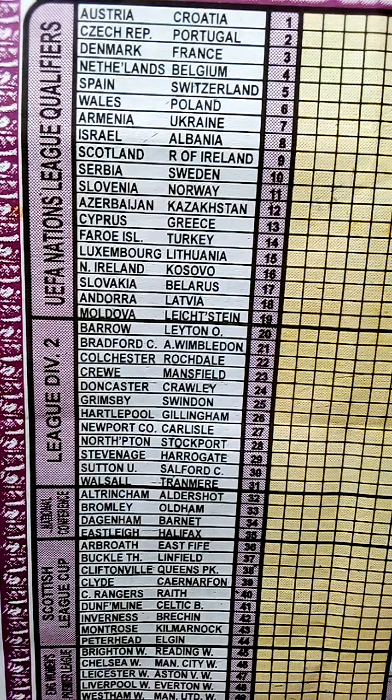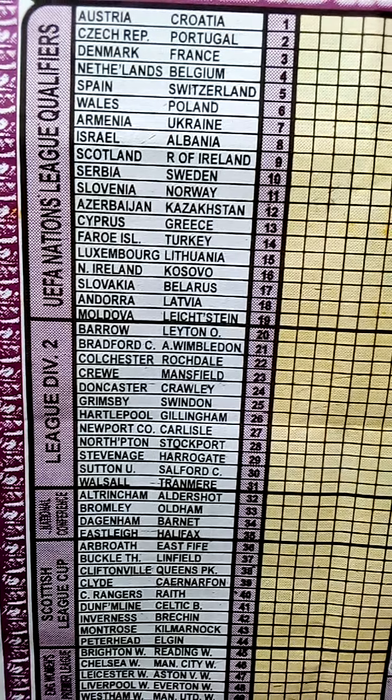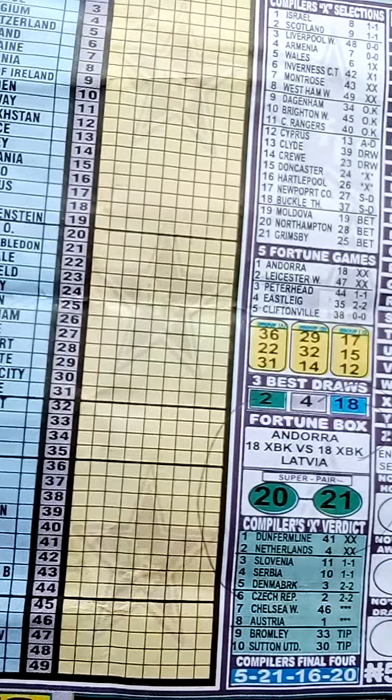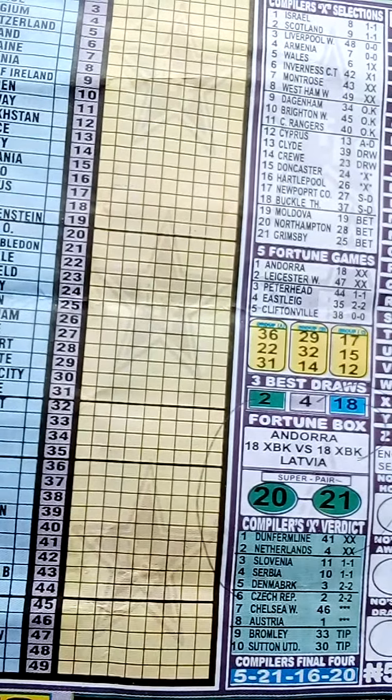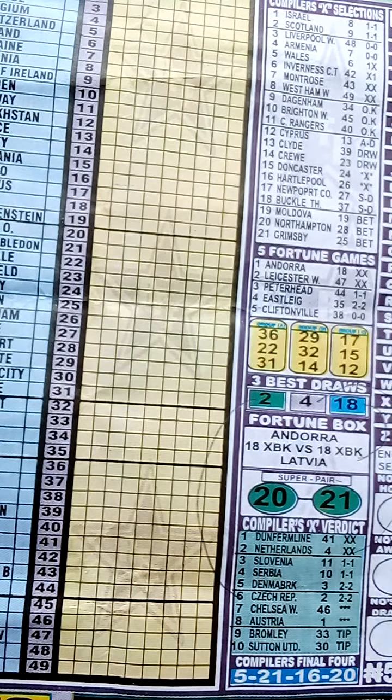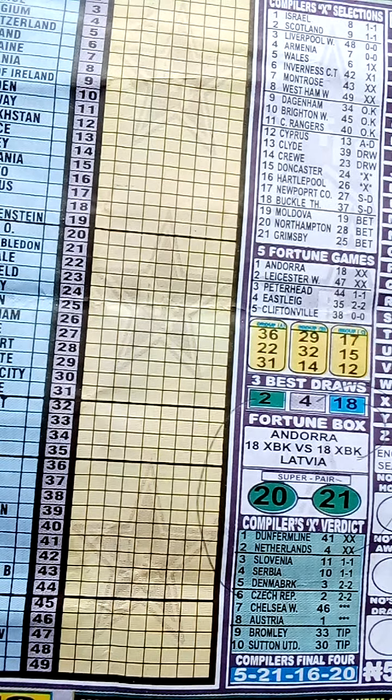So next, we're going to be checking out our Right On Football Fixture to see what we have for that particular journal for us this week. This is the front page of our Right On Football Fixture. On the right hand side, we have the Compiler X selection column, while below that we have the 5-14 games, and below that we have the 3 group games, which is Group A, Group B, and Group C, which is on the yellow patch with our 3 trials right here for us.